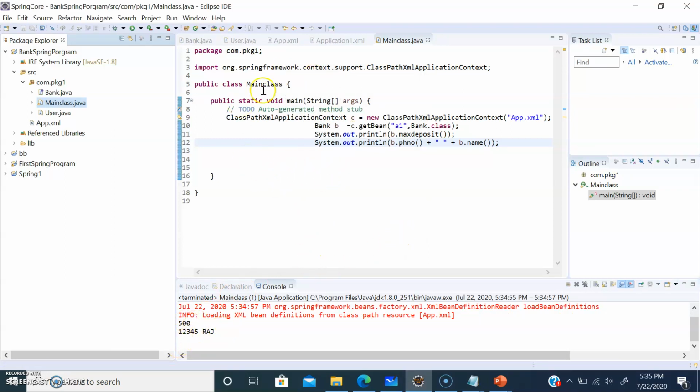So we have to create an object of class ApplicationContext. By using the reference variable, we are getting the bean information. Here we have to mention the interface name, because if n number of classes implement it, we can't mention information for n number of classes. Instead, if multiple classes implement an interface, we can get all the information through it. So this is how your Spring program works. In the next section we will work on multiple classes and multiple configurations.